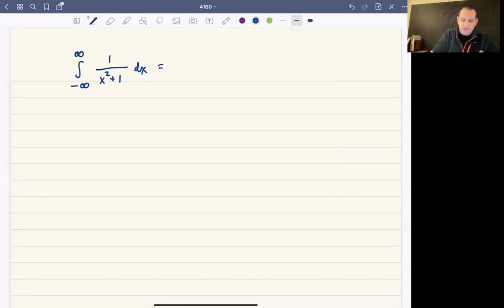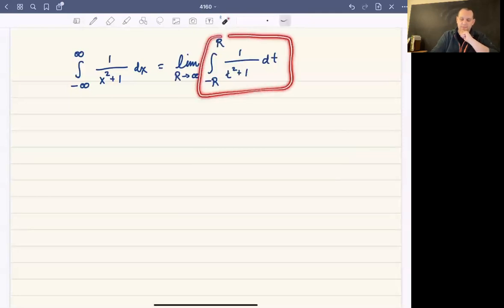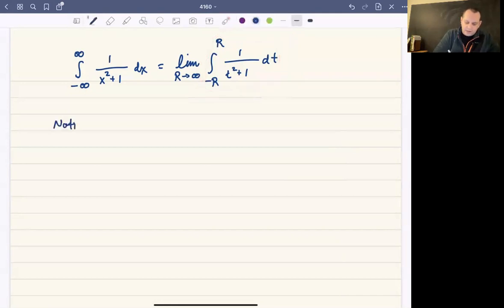This integral of 1 over x squared plus 1 dx from negative infinity to infinity is going to be the limit as r goes to infinity of the integral from negative r to r. Actually, I'm going to change the x's to t's, just because we use t's when we parameterize. This is the quantity that we have to compute now. If we can come up with a formula for that, we just take the limit and we're done. So I want you to notice this integral from negative r to r,